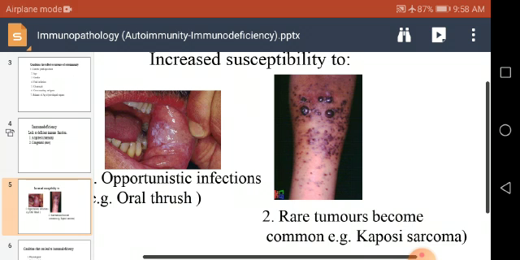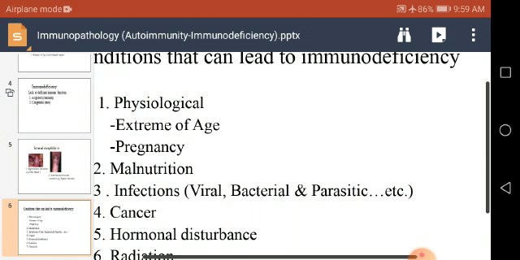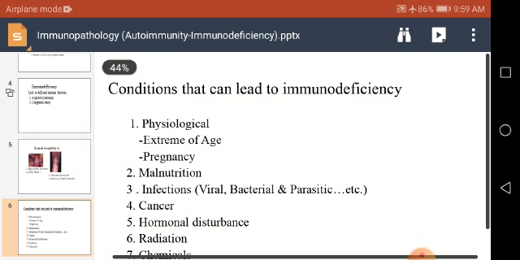Number two, rare tumors become common, like Kaposi sarcoma in AIDS caused by HIV, human immunodeficiency virus. And commonly speaking, the immunodeficient patient is more prone to develop tumors. There are conditions that may lead to immunodeficiency,